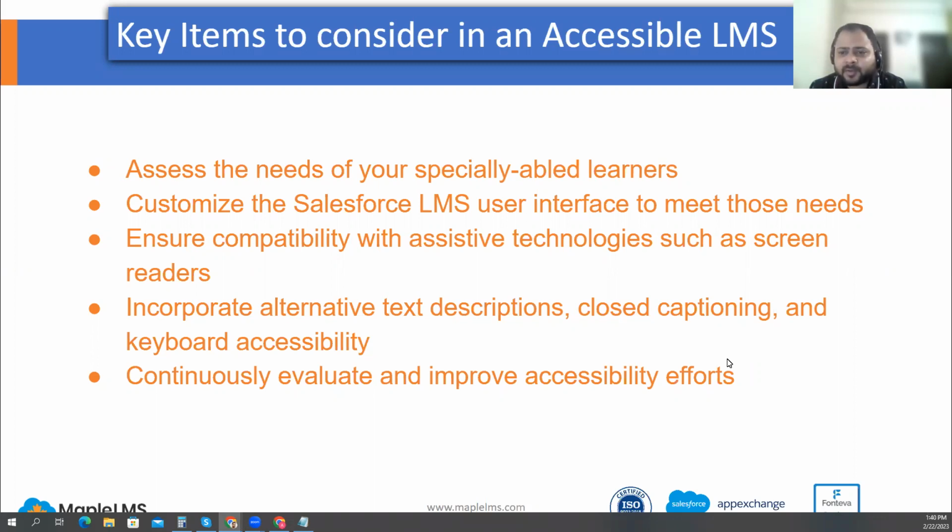So as I mentioned, with many LMS systems, you will find settings around that. You will find some tools that help you do it, and also that would help you to ensure compatibility with assistive technology such as screen readers. Screen readers would be one of the most common examples of that. And one of the best practices, I would say, is to incorporate alternative text descriptions along with your images. So anytime you upload an image, you should be able to add an alt text, or maybe an alternative text as a description to that image.